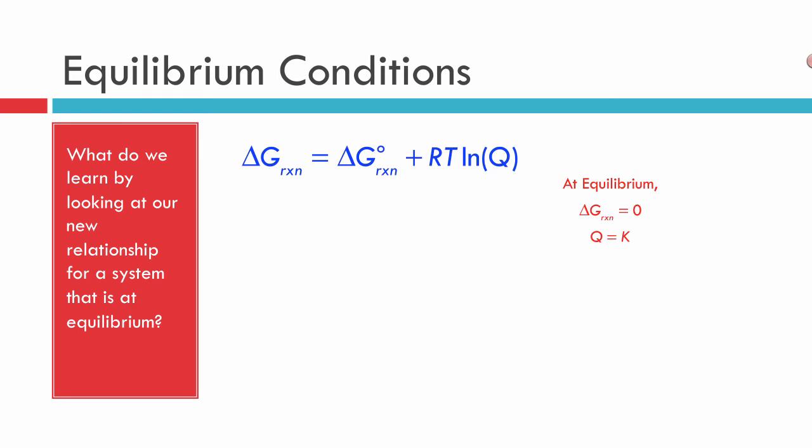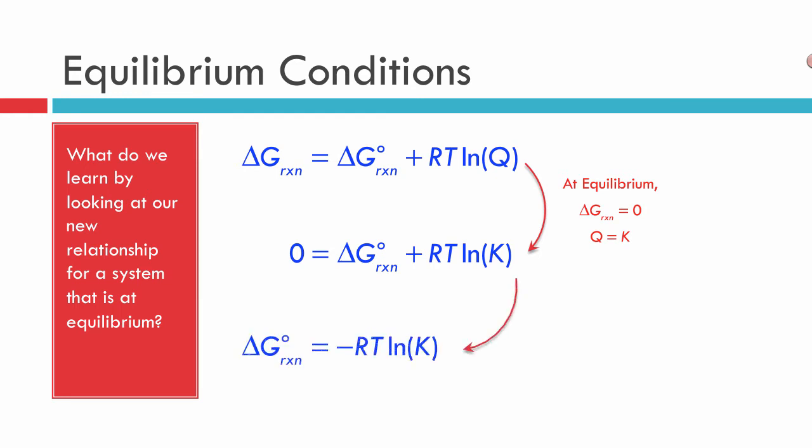So at equilibrium, one thing I know is that the regular old Gibbs free energy change is 0. I also know that Q is equal to K when I reach equilibrium. Therefore, if I substitute those in, I get a simpler expression, and I can rearrange that, and most people know this as a relationship between the standard Gibbs free energy and the equilibrium constant right here. The important thing is, this tells us that the standard Gibbs free energy is another way of talking about the